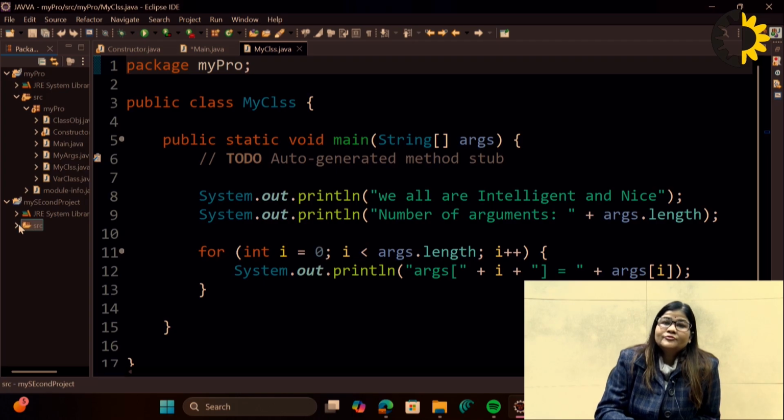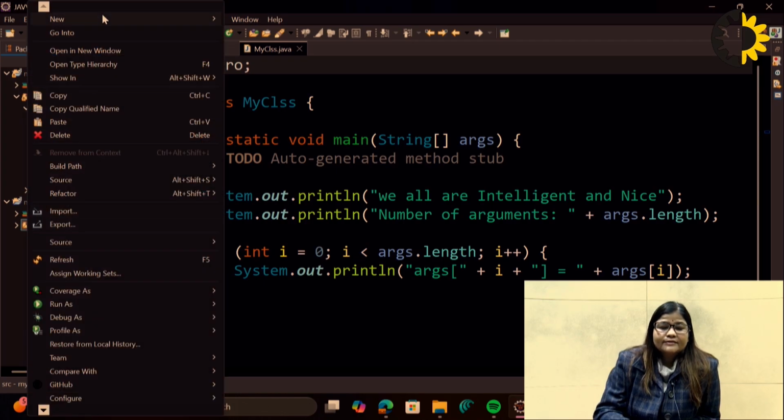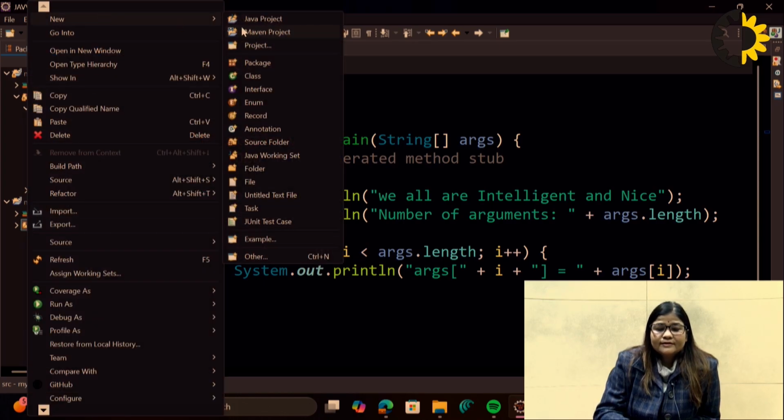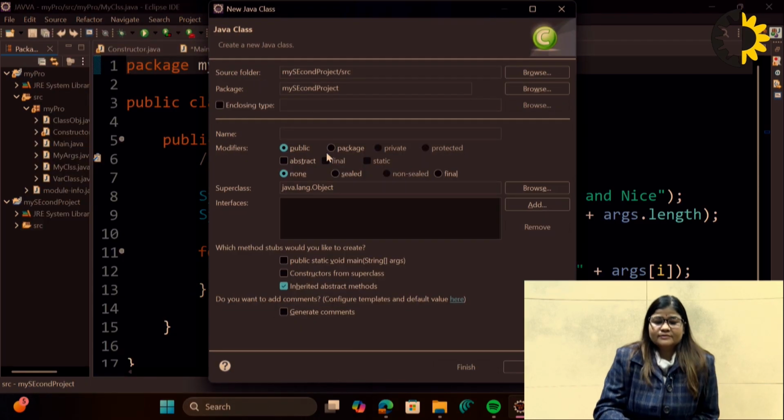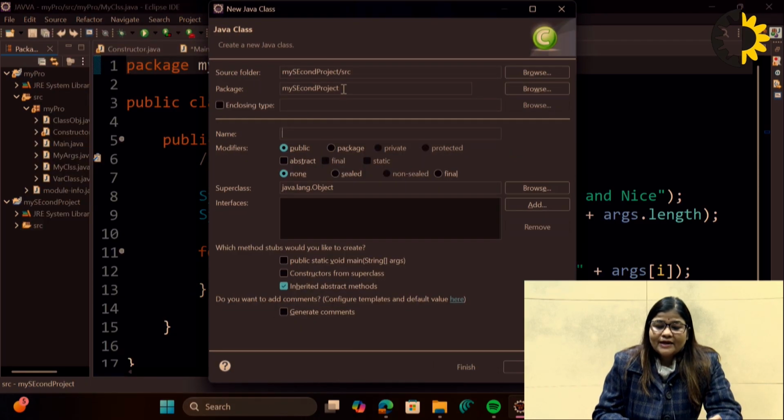Now I have to create the class. So what I have to do is right click and then New, and you can see here this is the class. So I can create the class. Okay, so you can see packages. If I am not creating any package, we will further learn how we can create a package. But here, if I am not creating any package, by default the project name will be considered as